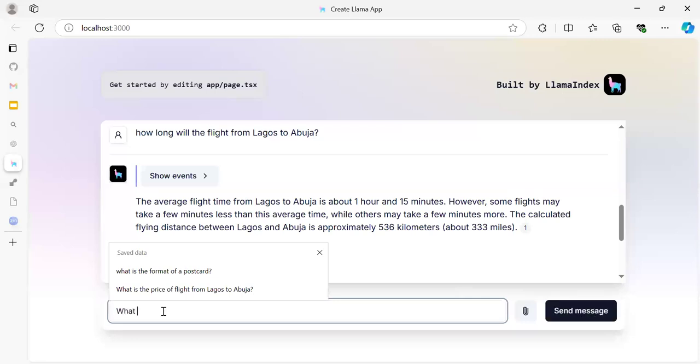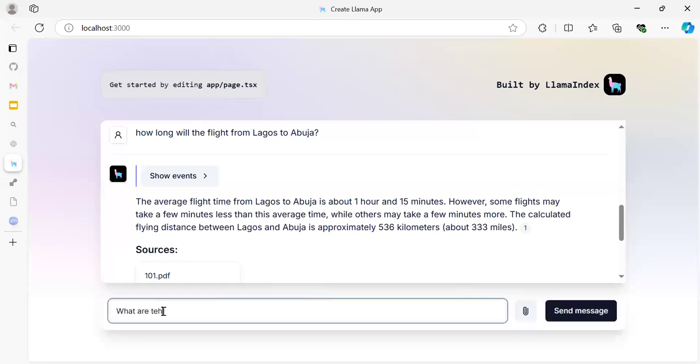I will just go ahead and ask what are the available flights from Nigeria, which is my home base, to Kuwait, which is a country I would love to visit someday, along with the flight class. Like I said, this is not a great question.